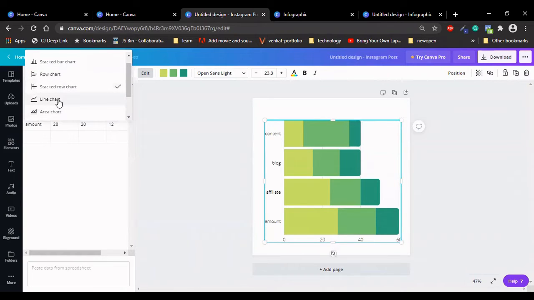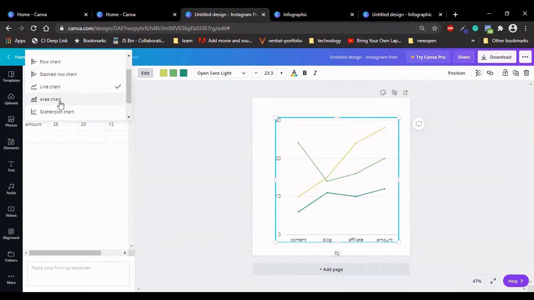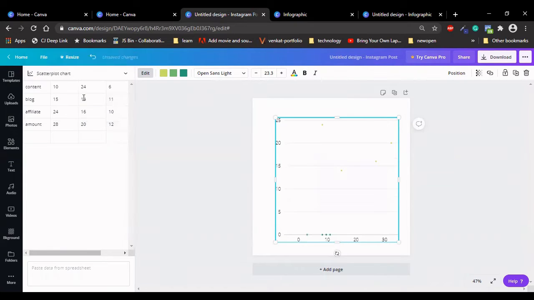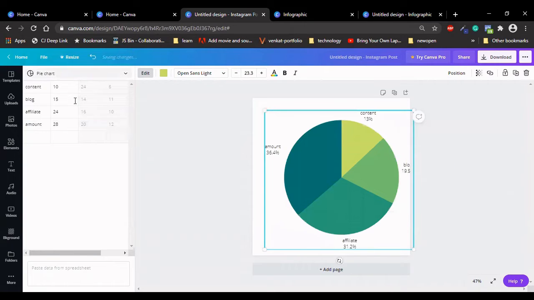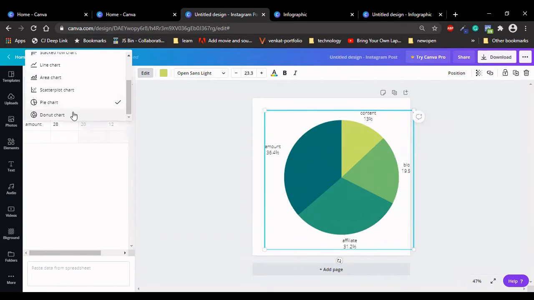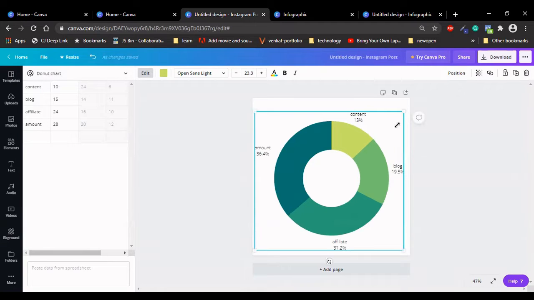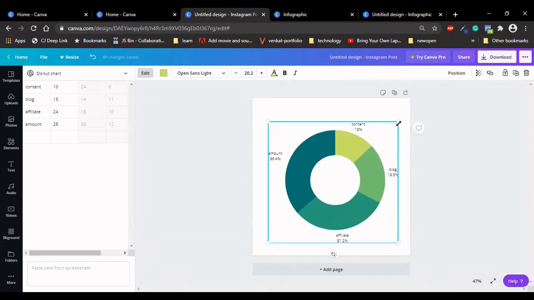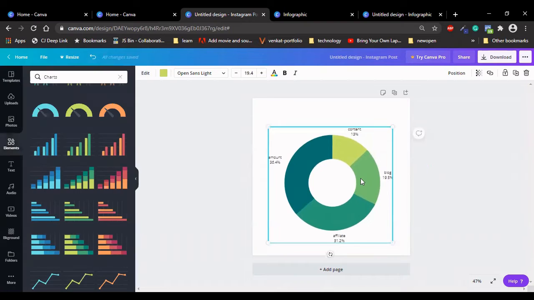Next one is line chart and the area chart, scatter chart. The next two popular charts are pie chart, so it is automatically creating, and then donut chart. So you can easily create as per your design and the content which is available, and drag down this if you would like to showcase your data to your client or others.